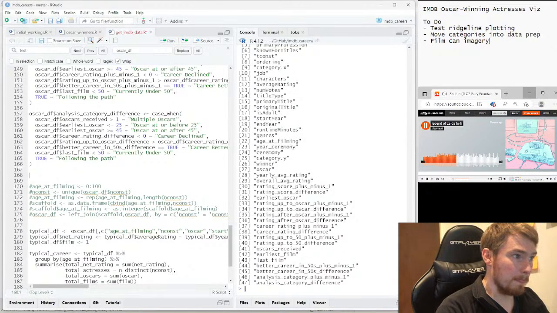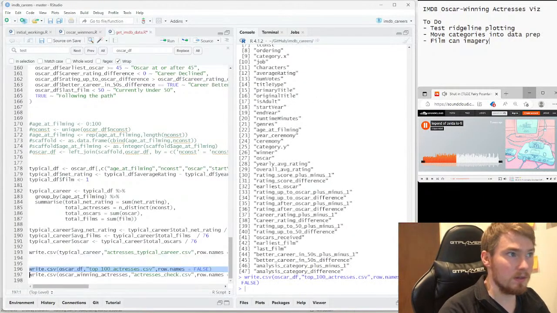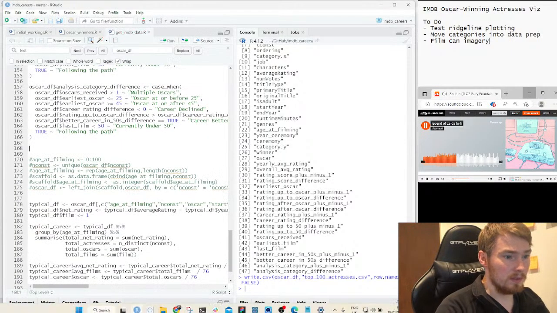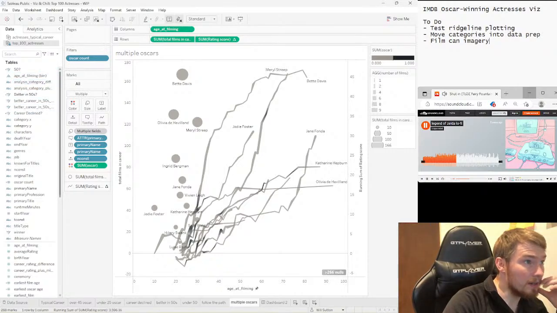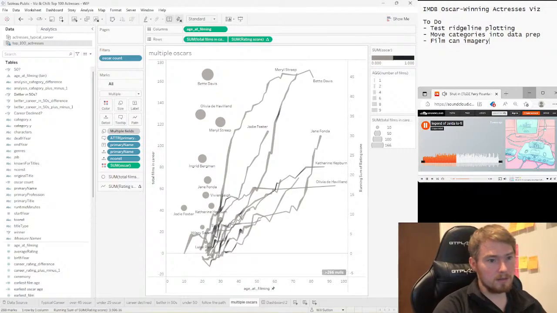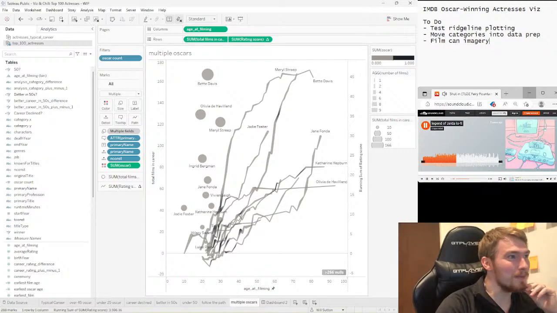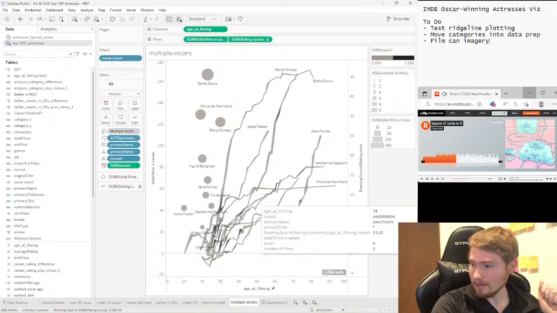Okay, that's done. I'm just going to write this to CSV. I'm going to give Tableau a refresh. Yeah. So we should have these categories, so these analysis categories are now coming in. Okay. Oh, that was much more hassle than I was hoping it to be, but it's done, which is the important thing. I am gonna stop things there.